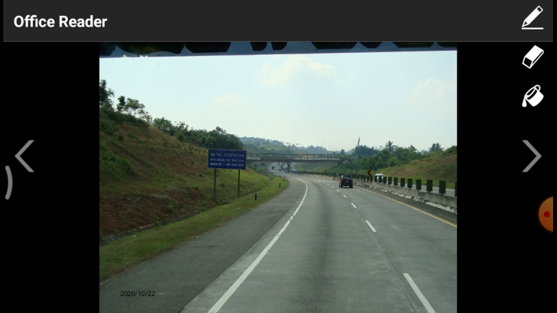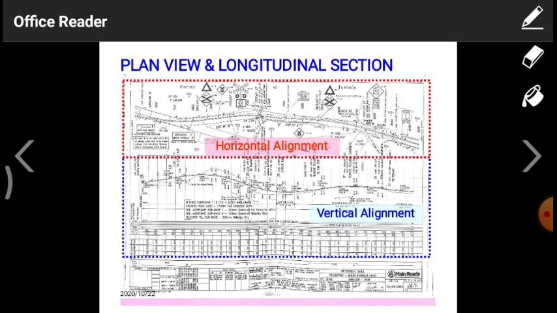This is the combination of vertical alignment and horizontal curves. A slight portion of a vertical alignment there. Normally this is a straight road with a horizontal curve. These are the plans. Already previously we explained all those things. In these plans we have different cross sections, elevations and other things.